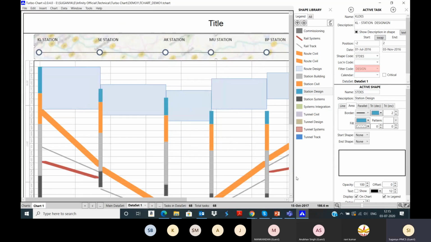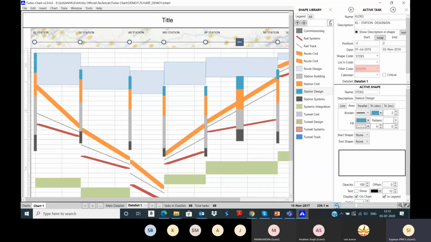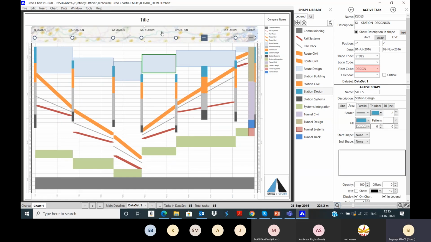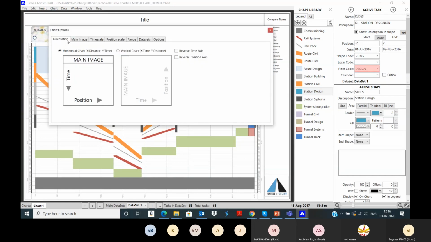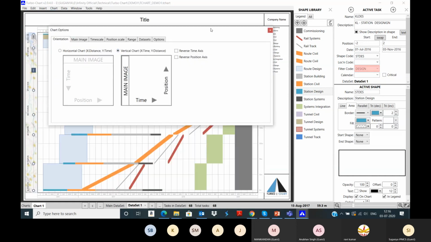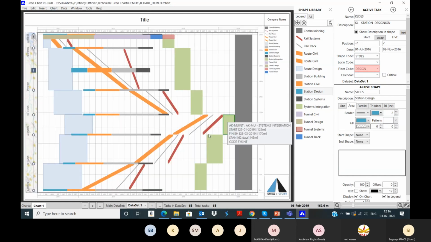So you can see the linear report, which is already a predefined project, and the report is displaying here. So this is time versus location. Time is displayed on the y-axis, and on the x-axis, the location has been displayed. If you want, you can change the x-axis into time and the y-axis into the location. So we can change anytime.